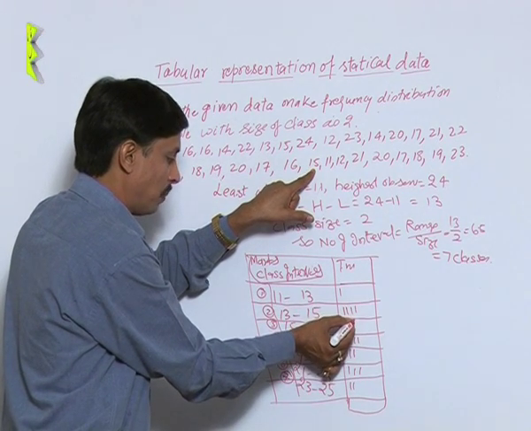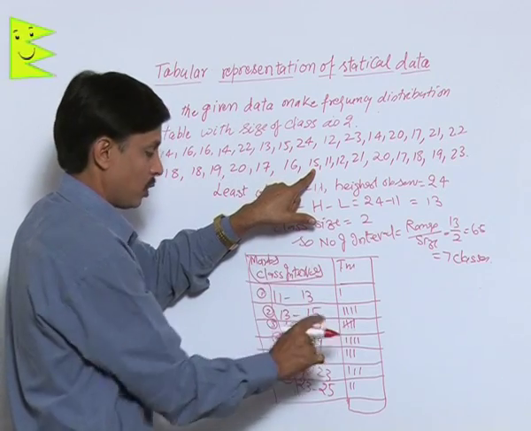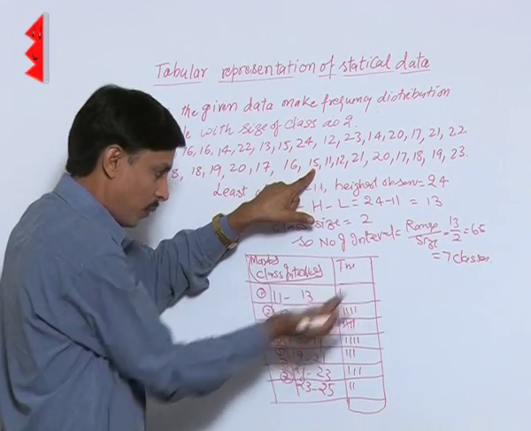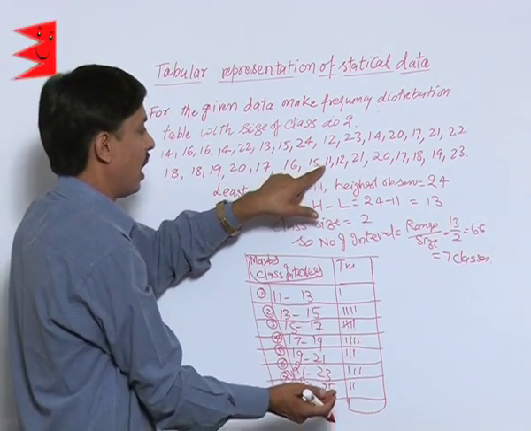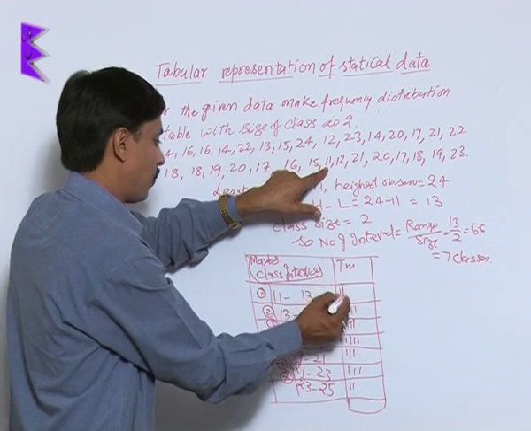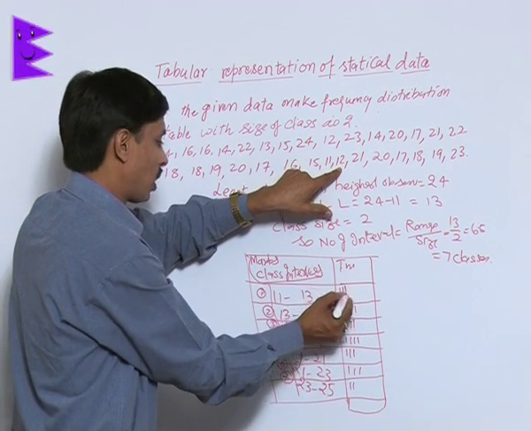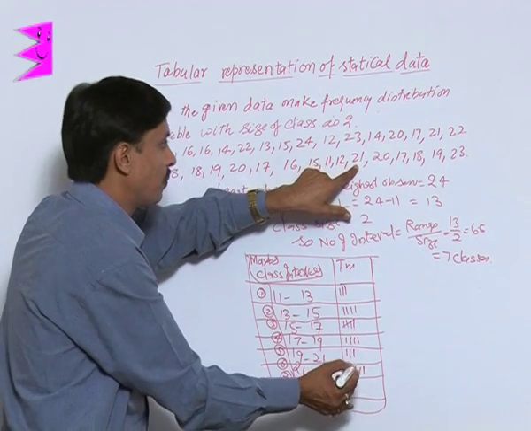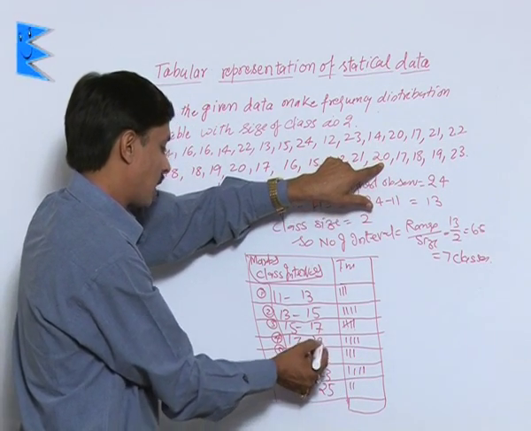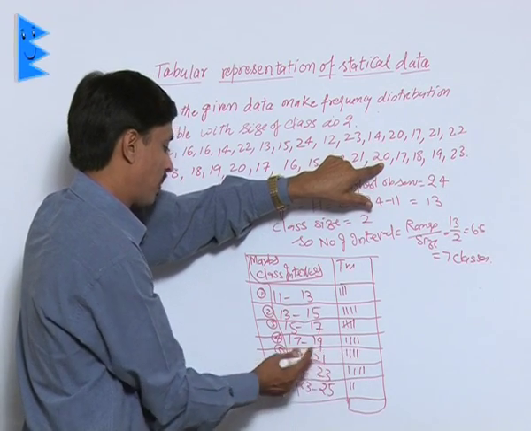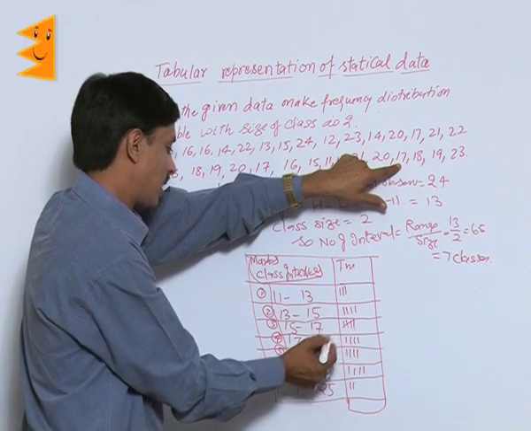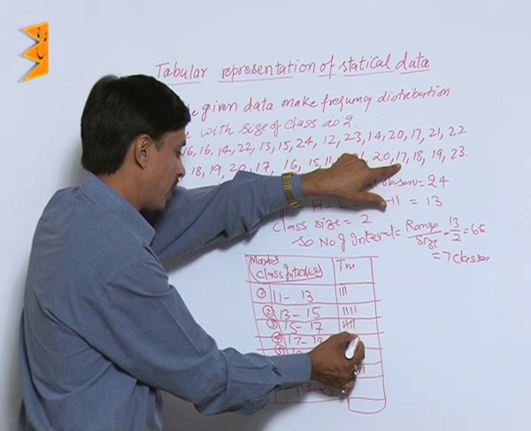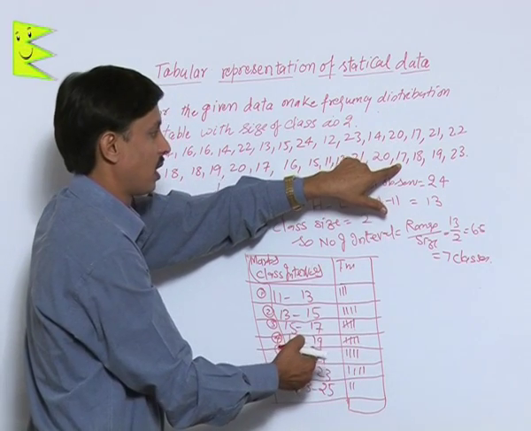So for the fifth we make a bundle. So 1, 2, 3, 4 and the fifth one like a slanting line. 11 comes in the first group. 12 also comes in the first group. 21 comes in this group. 20 comes in the group of 19 to 21. Then 17 falls here, so it is also the fifth one, so we will make a cross bundle.